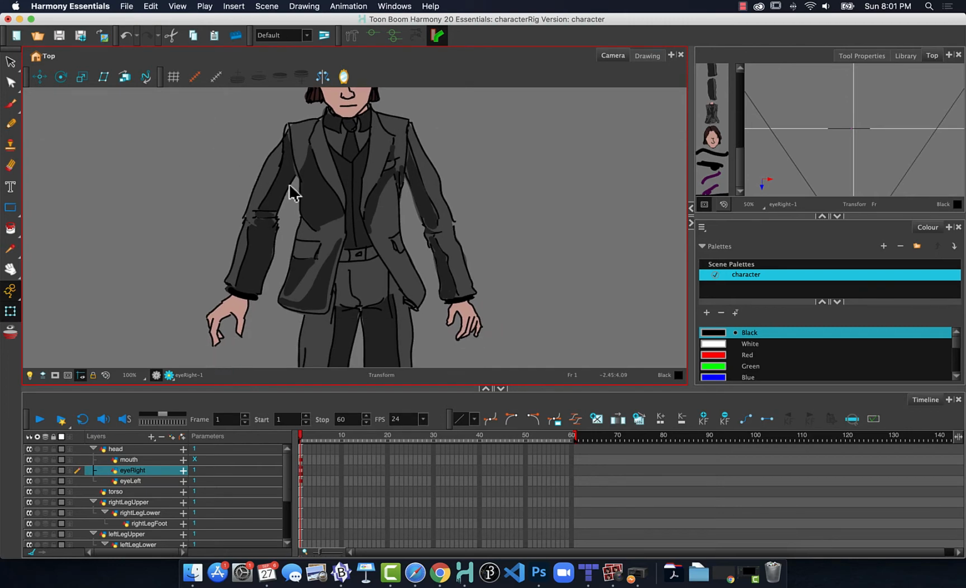Let's say I go to this arm and I'm going to rotate that. Oh, whoa, wait. Well, maybe he's reaching behind his back and he's going to pull out a gun or something, because that would be appropriate for this character. But if I want the arm to go in front,